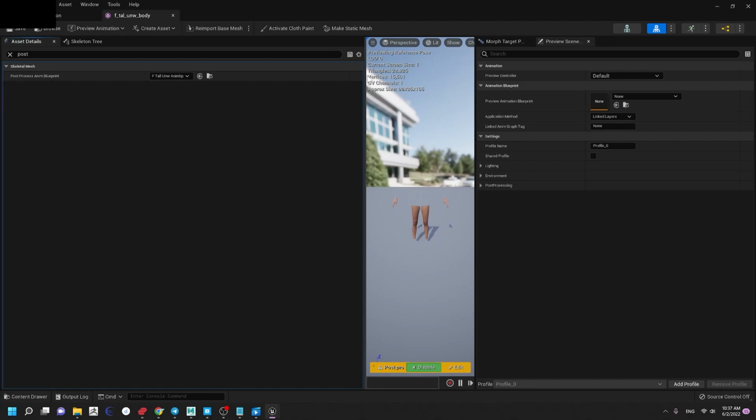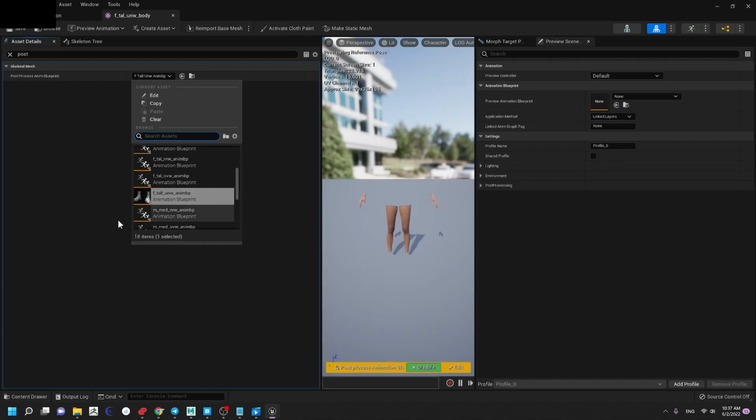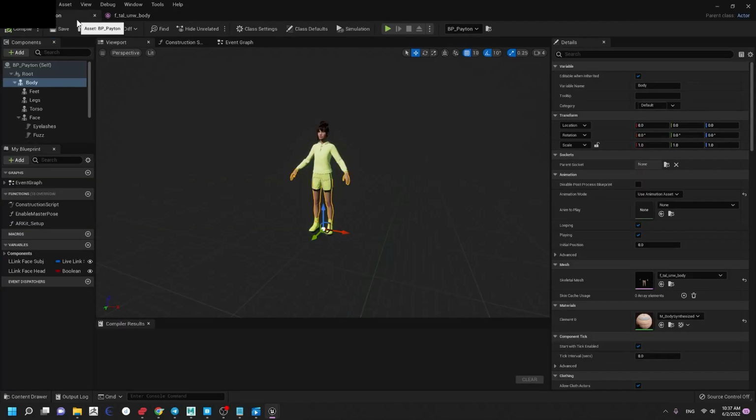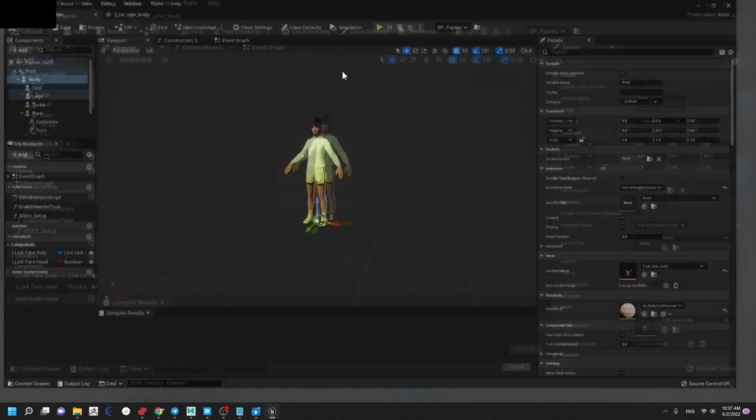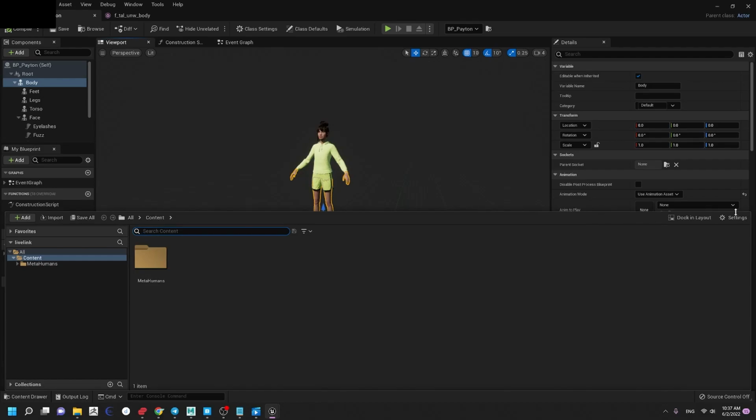Actually, if you are using Maya, you should permanently disable this blueprint. So right now it's using its own blueprint, right? So I'm going to make a new blueprint for this body. So I select the body and open up